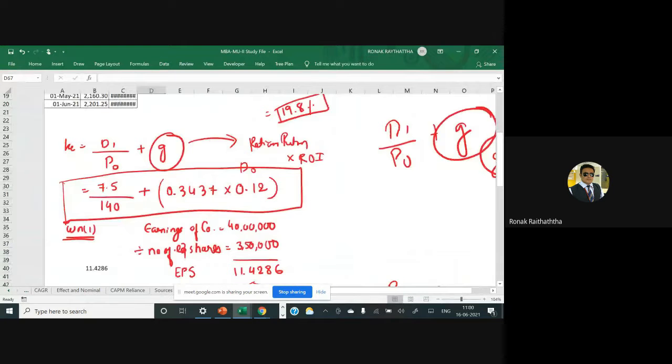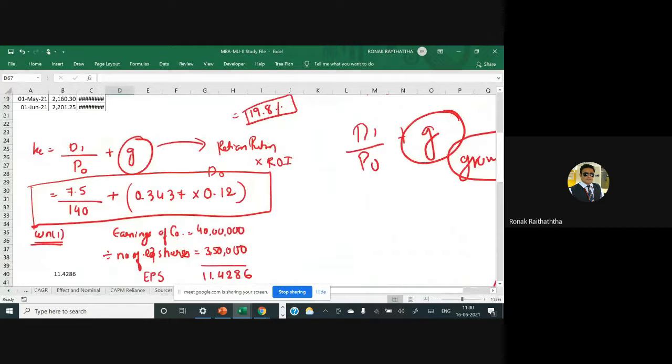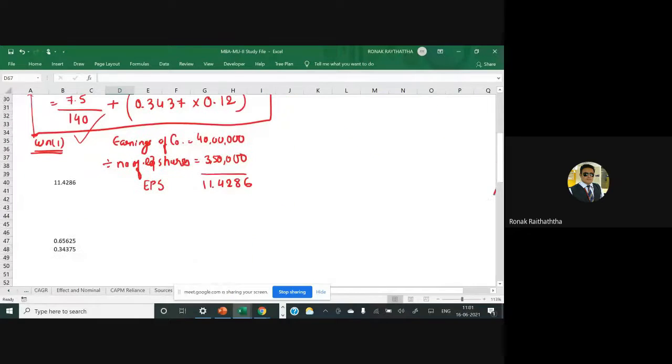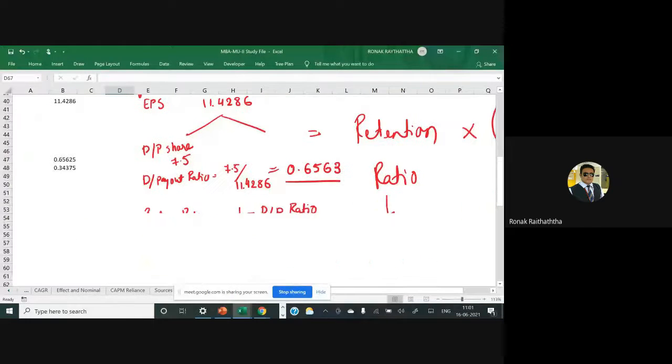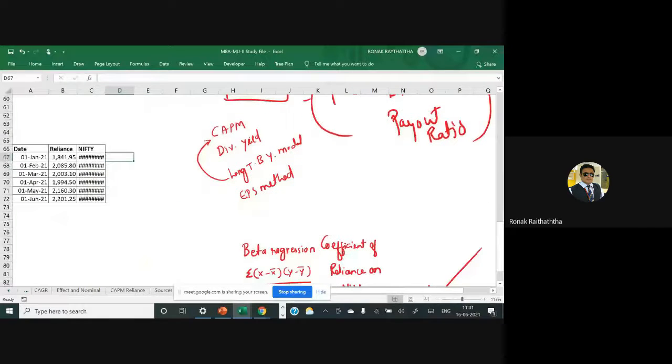Okay, let's move ahead. So this was basically the figures we wanted as per the dividend yield model, and I'm leaving this up to you. You may solve it because that doesn't require much input from my side. You'll just have to solve it mathematically. Well, let's go to one more question.